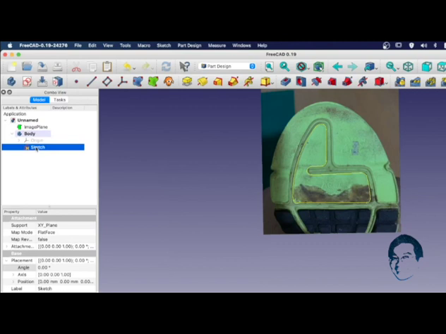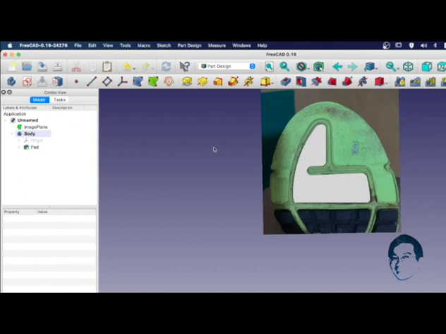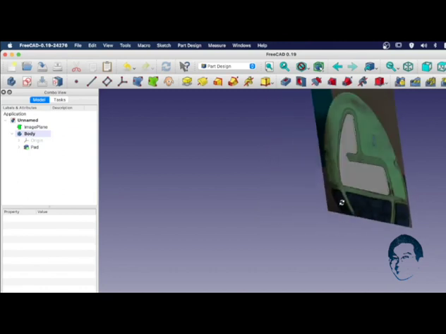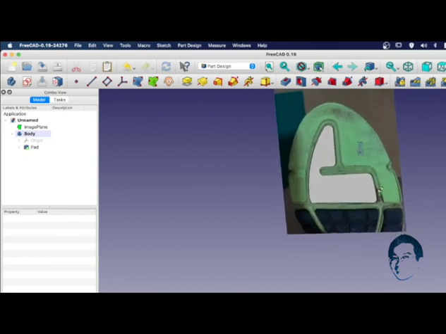And with the sketches here, as you can see, you can pad it up. By default it gives you 10 mm, but for this case we only need 0.8 mm. We want to keep the layer thin so that it remains flexible on the sole of the shoe. Okay. If you rotate it, you can see that there's 0.8 mm on the sole itself.